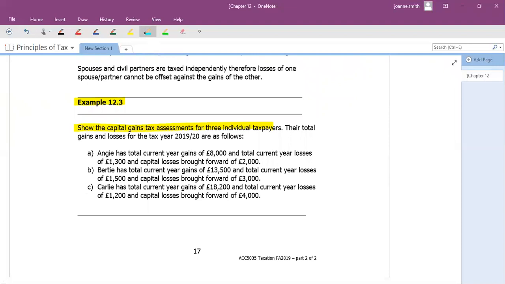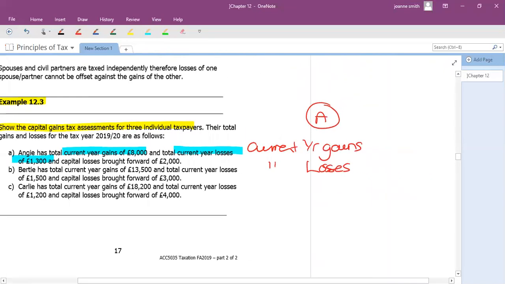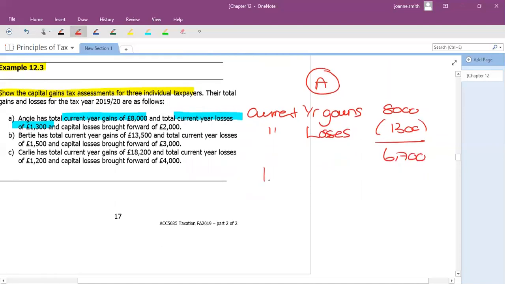So if we take Angie, her current year gains are 8,000 and her current year losses are 1,300. So we need to deal with those first. We always net off the current year gains with the current year losses. Okay, so 8,000 minus 1,300. So the net gain for the year is 6,700. Now, in order to reduce that gain, she can use any losses brought forward, and she can use